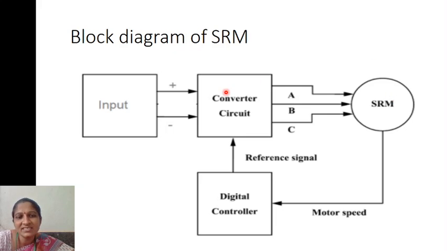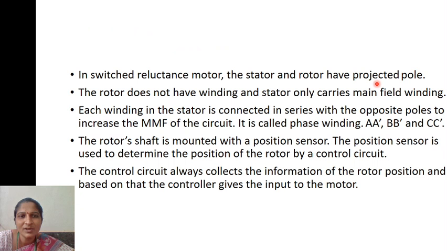And the block diagram of the SRM is here; you can see this is the switched reluctance motor. From the switched reluctance motor you sense the speed and it is given to the digital controller. This digital controller provides the reference signal to the converter circuit. The converter circuit decides how much energy is required from the battery. The battery feeds the converter circuit, and the converter circuit feeds the SRM, so that the required speed can be produced. So this is the block diagram of the switched reluctance motor, which can be explained here briefly.